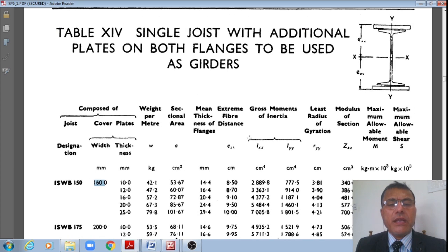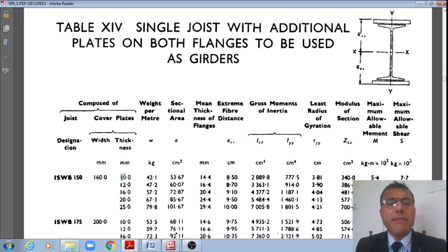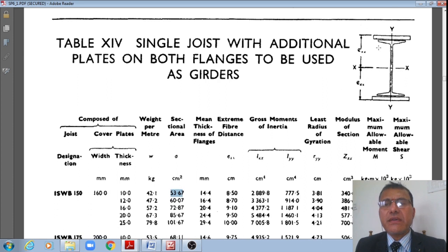right, if it is provided with a cover plate of 160 by a thickness of 10 mm, then its unit weight is 42.1 kg per meter, furnishing a sectional area in terms of centimeter square of 53.67, or 5367 mm square, and the mean thickness of the flanges, either compression flange or tension flange, can be taken as 14.4, and this extreme fiber distance is at a distance of 8.5 centimeter or 85 mm, and the gross moment